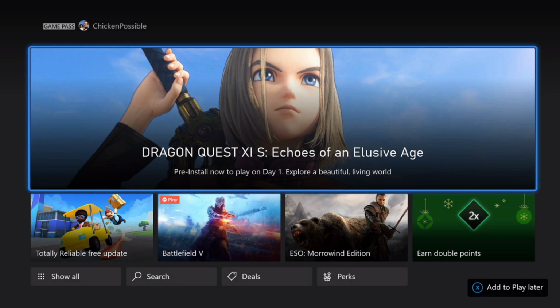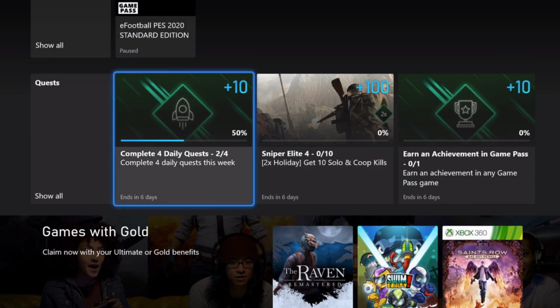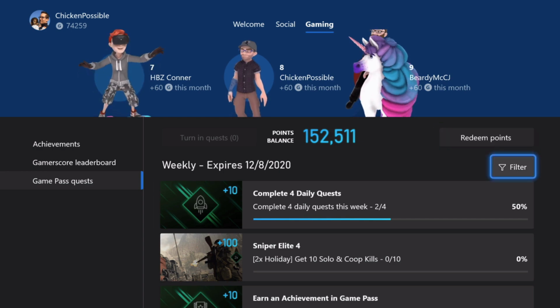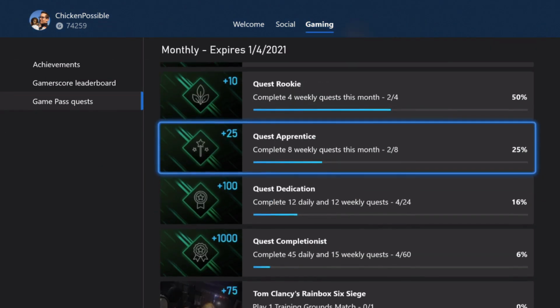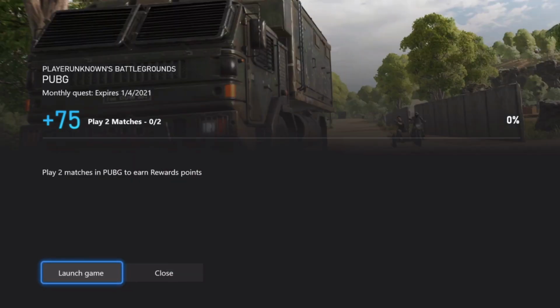Today we've got a PUBG quest that's available. So we'll go ahead and hop into the Game Pass app and take a look at all of the specifics on that. This is going to be worth 75 Microsoft Rewards points. It expires on January 4th, 2021, and we need to play 2 matches within PUBG, also known as Playerunknown's Battlegrounds,